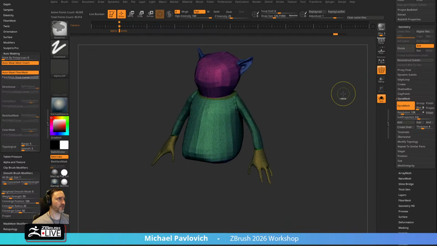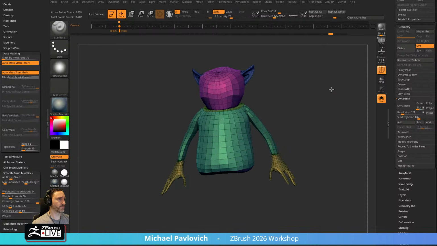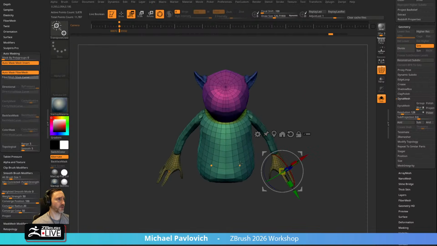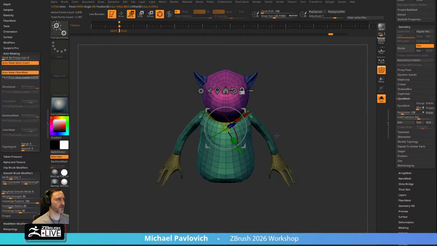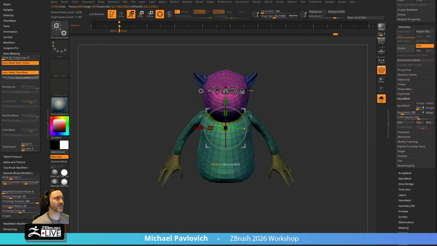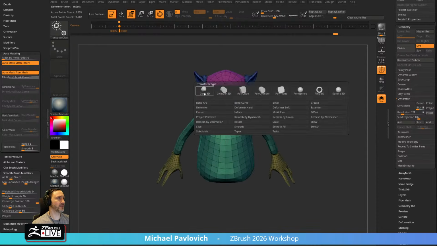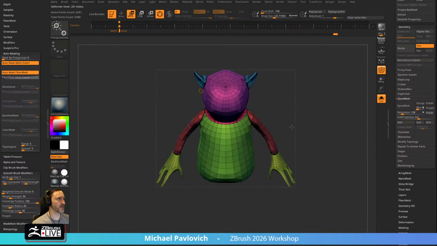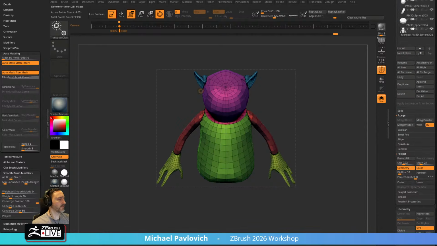Alternatively, if you wanted, you could hit W. I'm going to go out of X symmetry, go to Unmask Mesh Center. And then, John, you might have messaged me about this. Sometimes if you have X symmetry turned on and you do this, where you go through here and do Remesh by Union, that runs a Boolean operation. So basically, and again, if you want to go in depth on this type of thing,